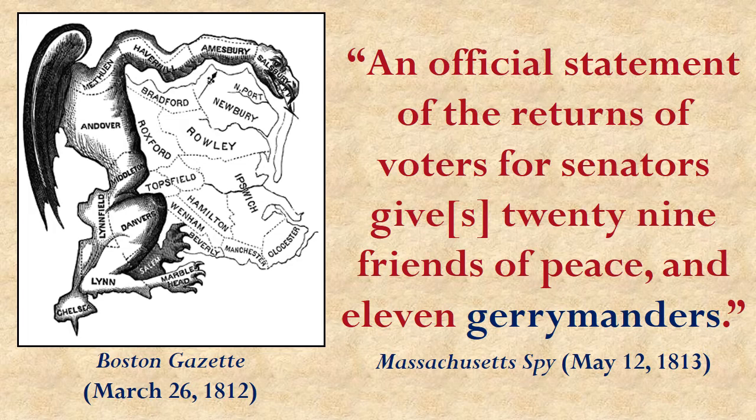This law drew the districts in some odd shapes. One of those odd shapes, which is depicted in the cartoon on the left, was viewed by some people to look like a monster. Others thought it looked like a salamander. You can imagine instead of a dragon's neck there, maybe a salamander's tail. And as a consequence of some people thinking it looked like a salamander, as they complained about the way that the district boundaries were drawn, a term was coined to call misshapen districts like that